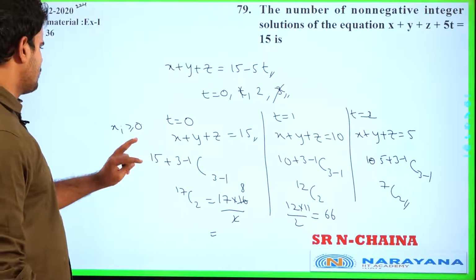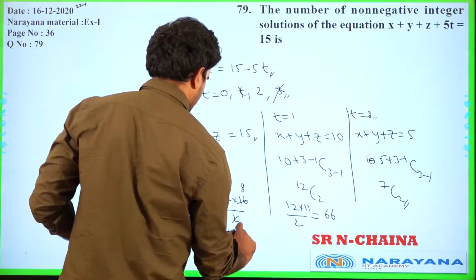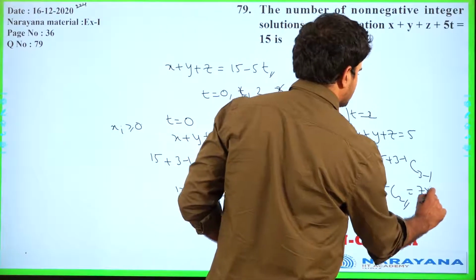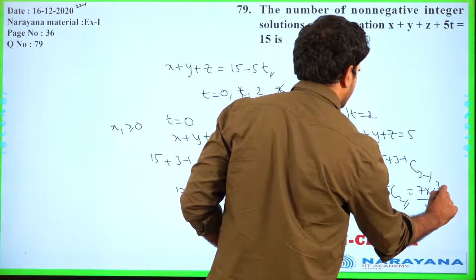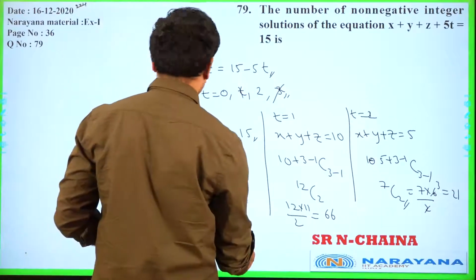17 8s, people. So we have like what? 56 and what? 136 maybe. 7 C2. So what do you have? 7 into 6 by 2. So it is what? 21. So if you add them people, if you add this and this,